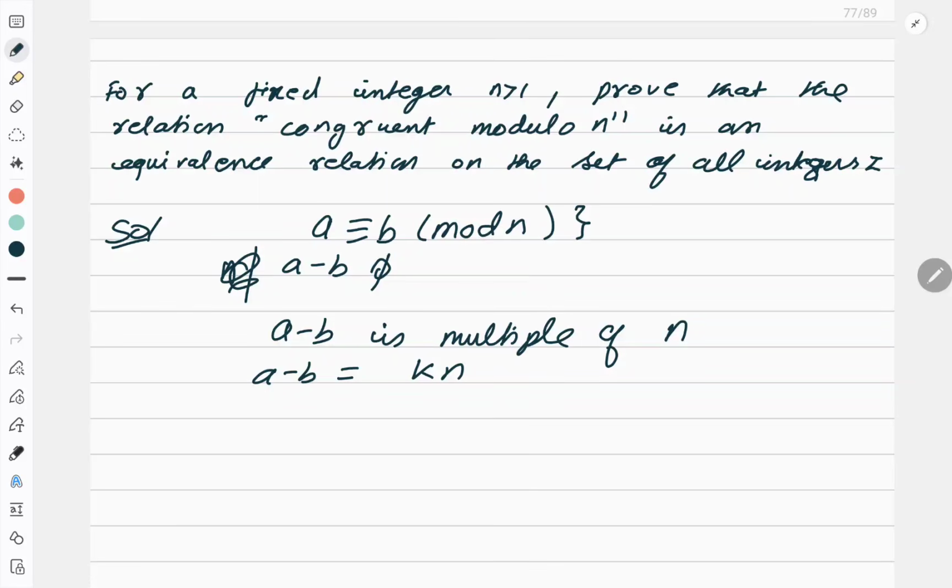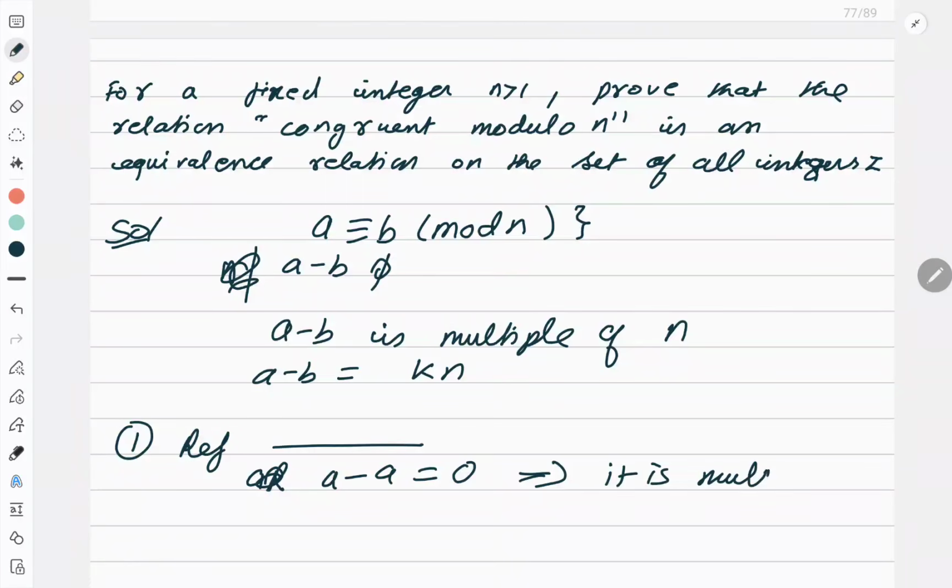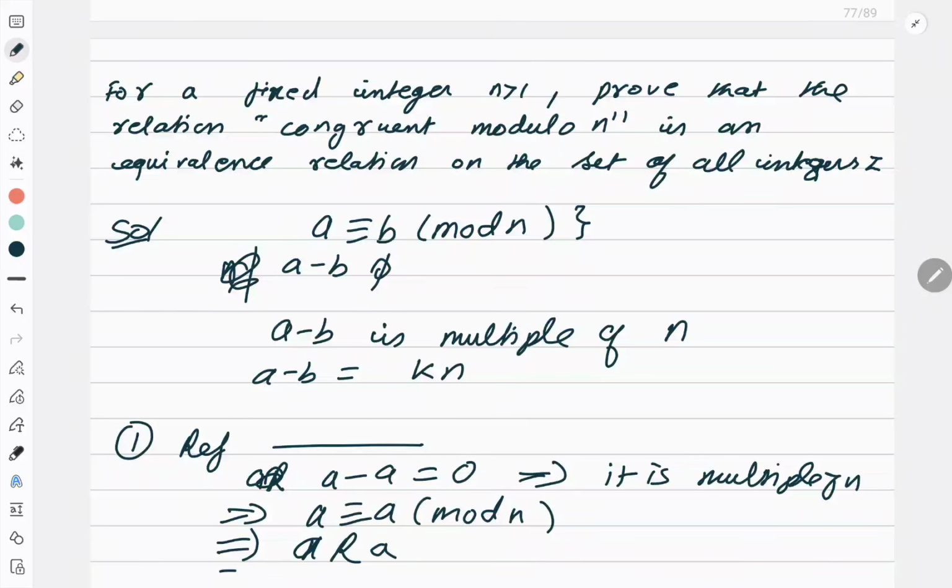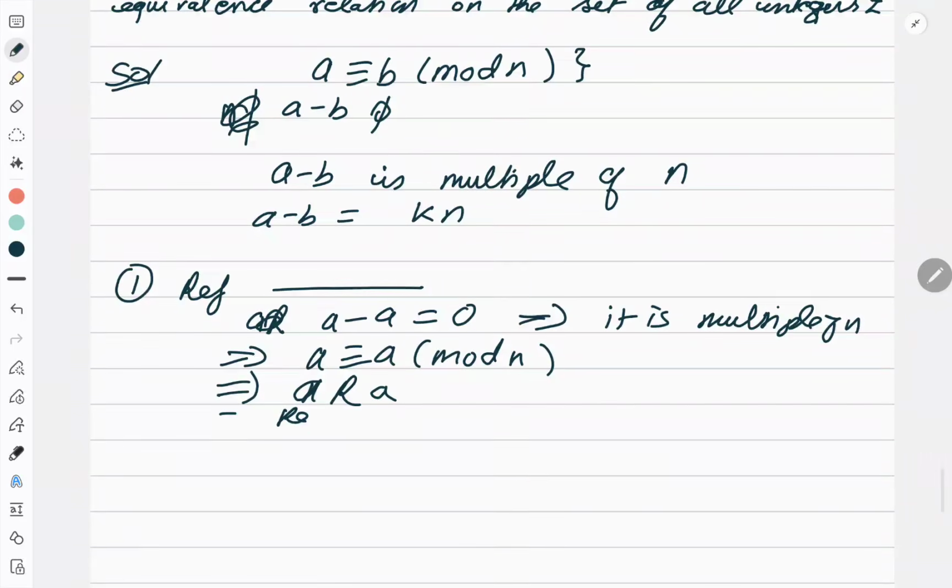Now I have to prove that it is an equivalence relation. So the first thing is reflexive. For reflexive, first you write down the definition. Then you say a R a, a minus a is what? It is 0, which implies it is a multiple of n, which implies a congruent a mod n,